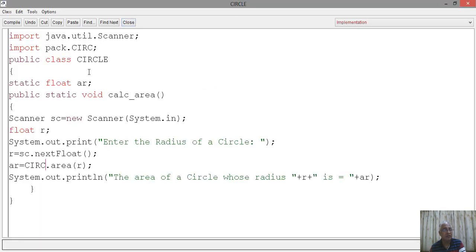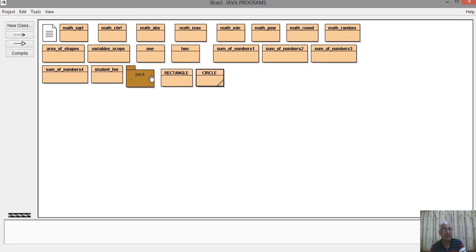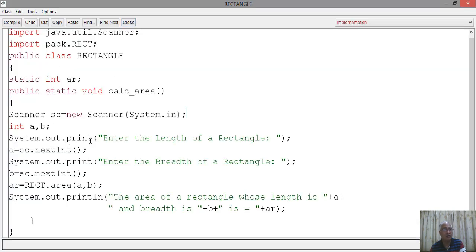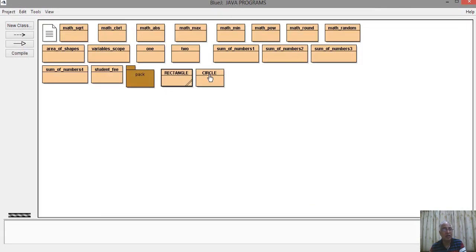So circle is a program where we enter the radius and calculate the area of the circle, whereas rectangle is a program where we enter the length and breadth and calculate the area of the rectangle.